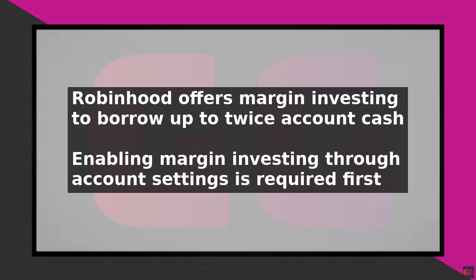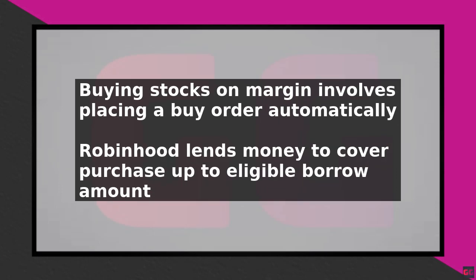To do this, simply place a buy order for the stock you want to purchase, and Robinhood will automatically lend you the money to cover the purchase, up to the amount you are eligible to borrow. It is essential to keep in mind that leveraging trade increases your potential losses as well as your potential gains. If the stock price drops, you may be required to deposit more cash or sell some of your stocks to